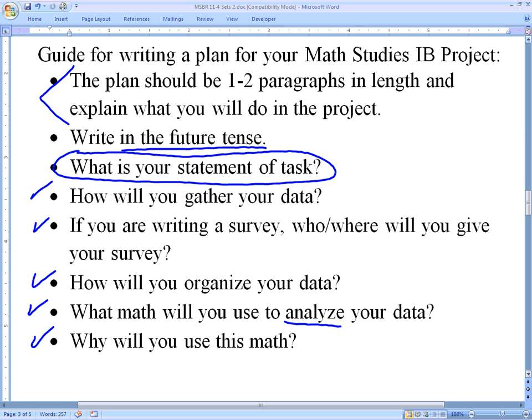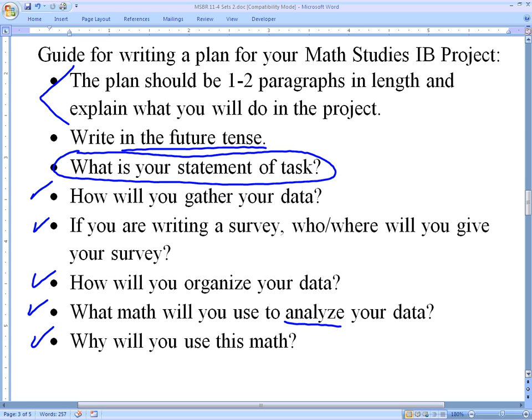which along with the title is worth up to 3 points. We just need to make sure that we're following this plan as we move along. If you change your statement of task at some point, you want to revise this plan. If you decide that the plan isn't totally exactly how you're going to do it, and you decided that you're gathering your data in a different way or with different people or something like that, then you'll just go back and change it. But once you have it written, you can then edit and change and do all those sorts